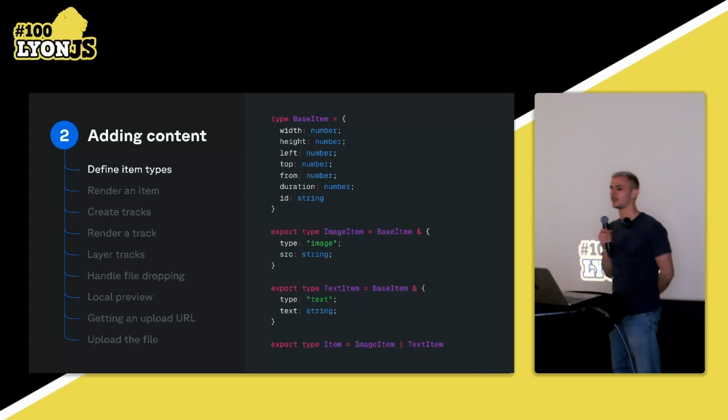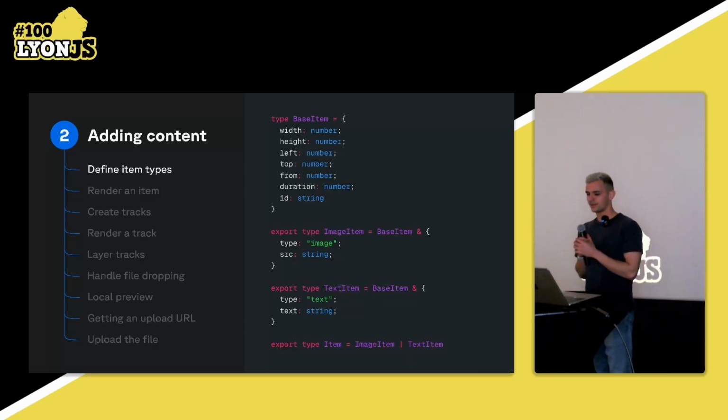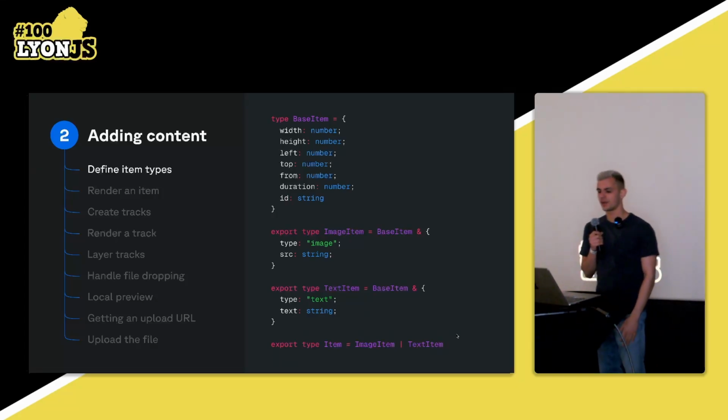Like an image should have a source, and a text should have a string where you store the text. And with a TypeScript discriminated union feature, we can very handily create a type which encompasses all items, which